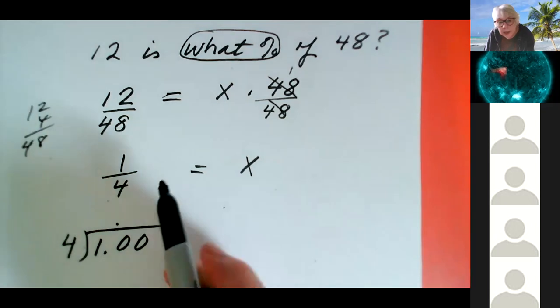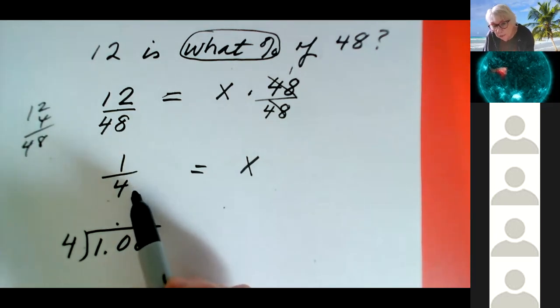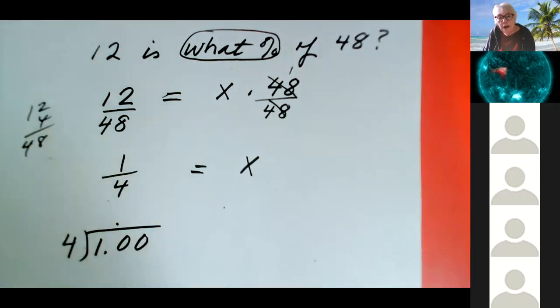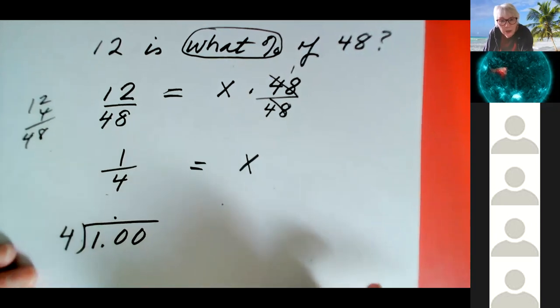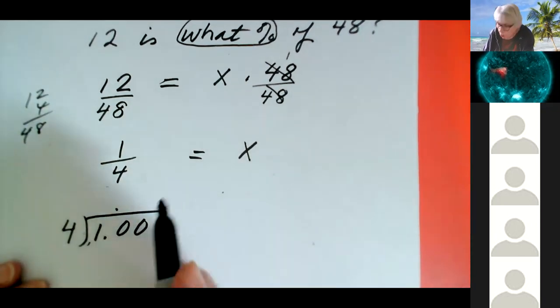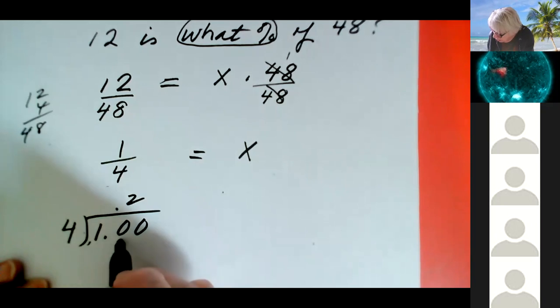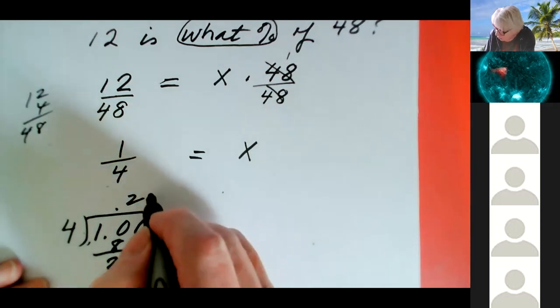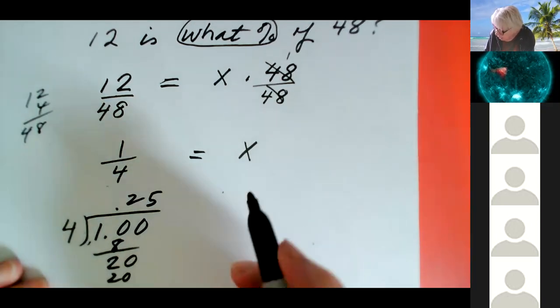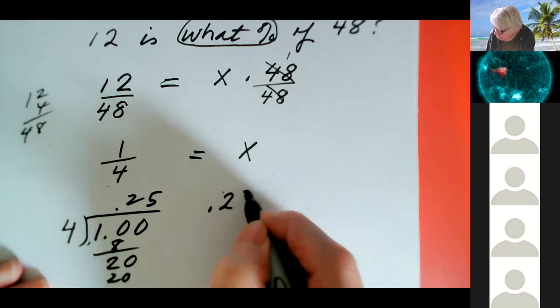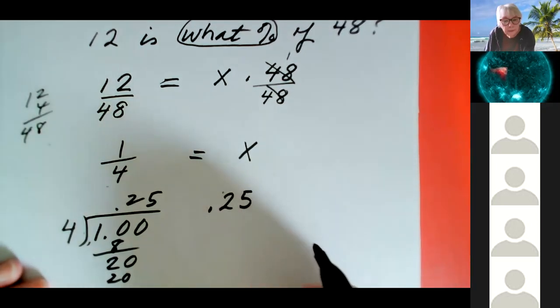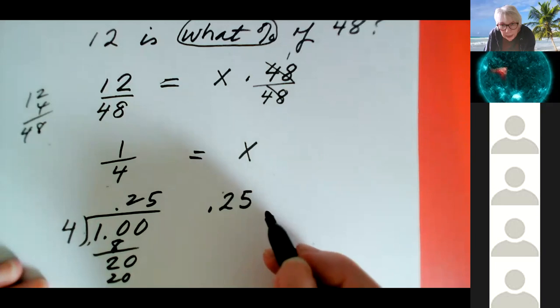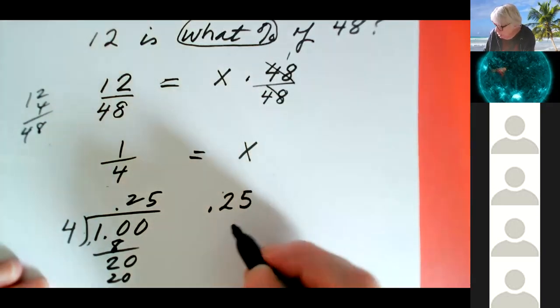Or maybe you know that this is 1/4 of a dollar, and 1/4 of a dollar is 25 cents. And so maybe that's clicking here. 4 into 10 is 2. 2 times 4 is 8. Subtract and bring down. 4 into 20 is 5. So what we have is 0.25. What we need is a percent. And so the percent,